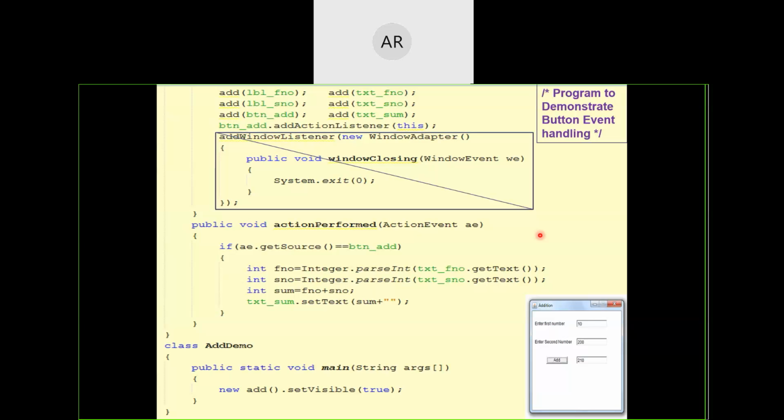For others, is this program clear? Okay, good, Akhil.